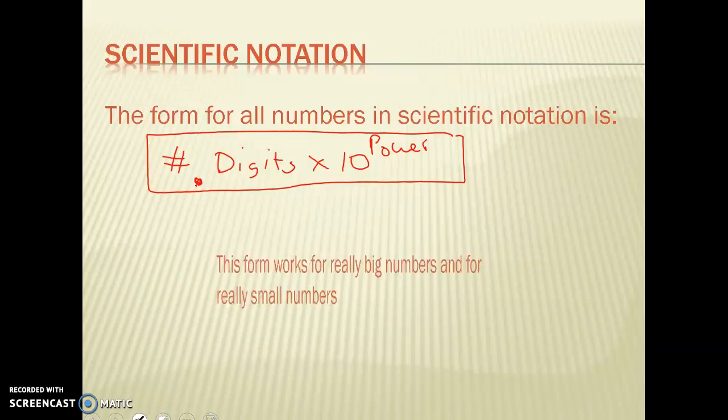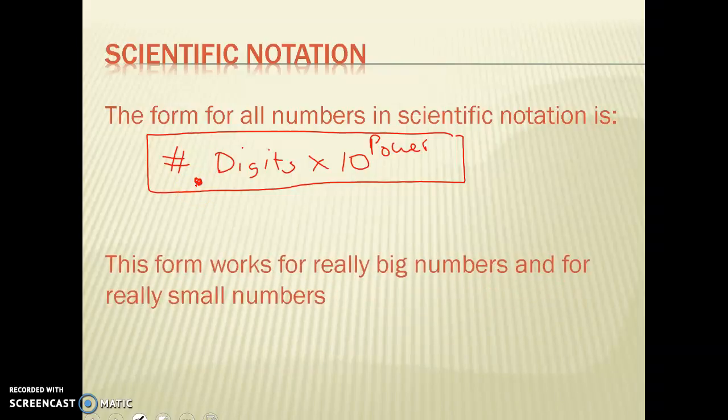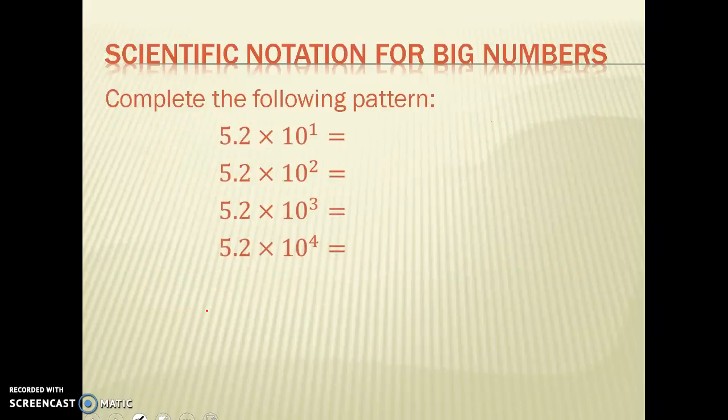And scientific notation works for really big numbers. It also works for really small numbers. So the reason we use scientific notation is because sometimes the numbers are simply going to be too big or too small to fit on our calculator. So let's take a look at a pattern here and see how to write numbers that are really big in